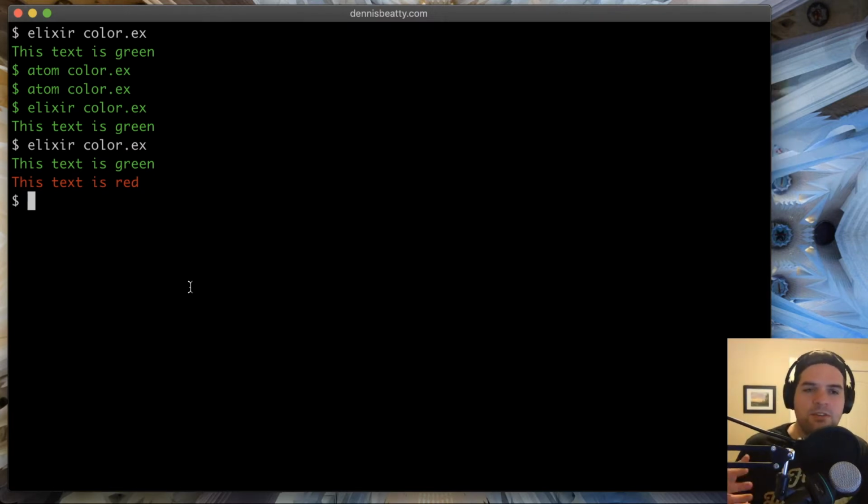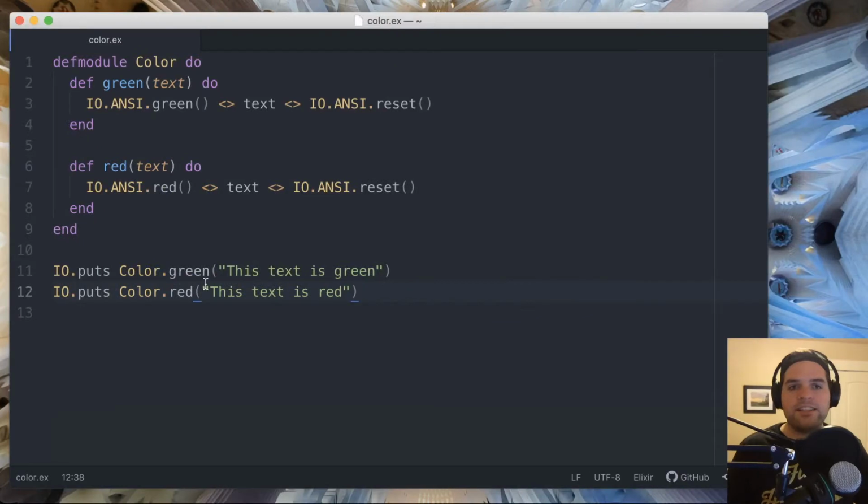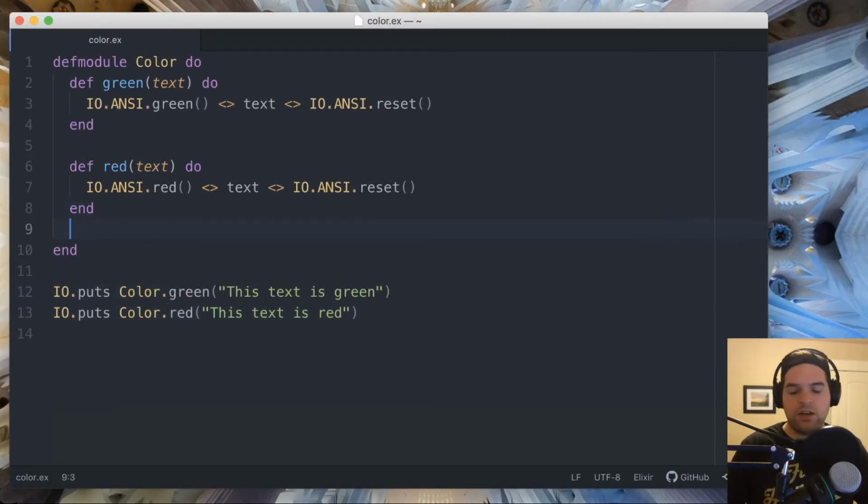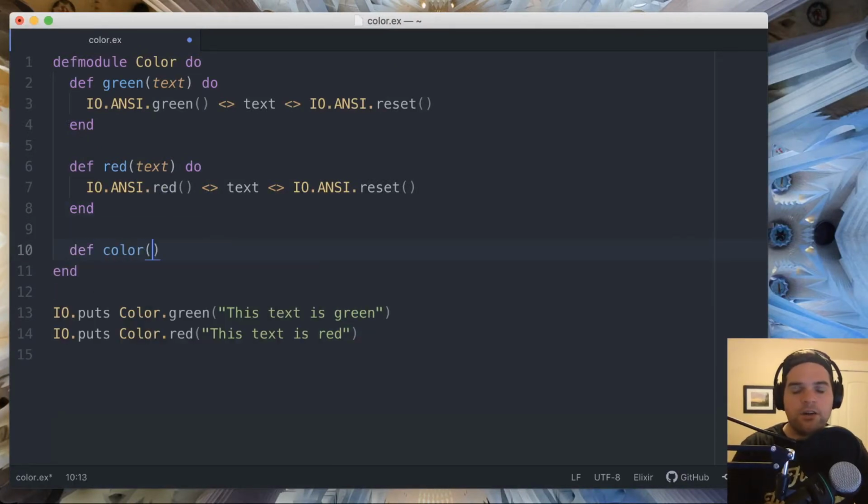But basically, most advanced terminals support up to 256 colors. The basic ones will support at least those 8, but then a more advanced one can do up to 256. And so that'd be a lot of colors to have a function for each one of those. So this is implemented using io.ansi.code. So let's go ahead and give that a shot. So we'll create a new function called color, or sorry, we'll call it code. And that'll take our text, and then we will use